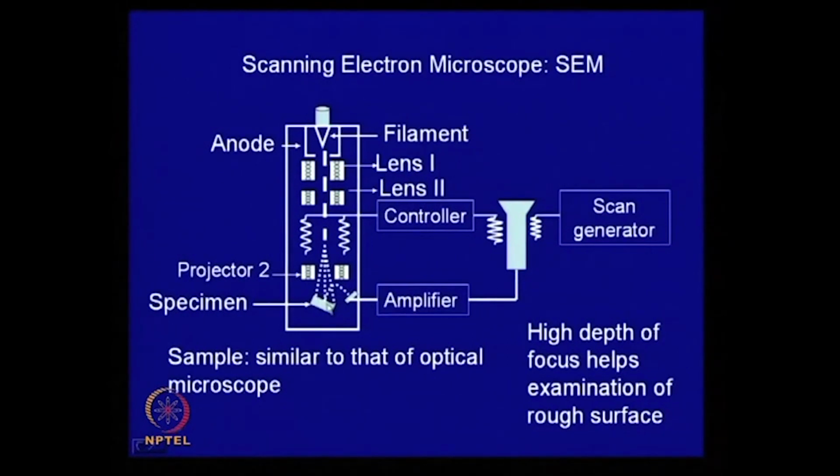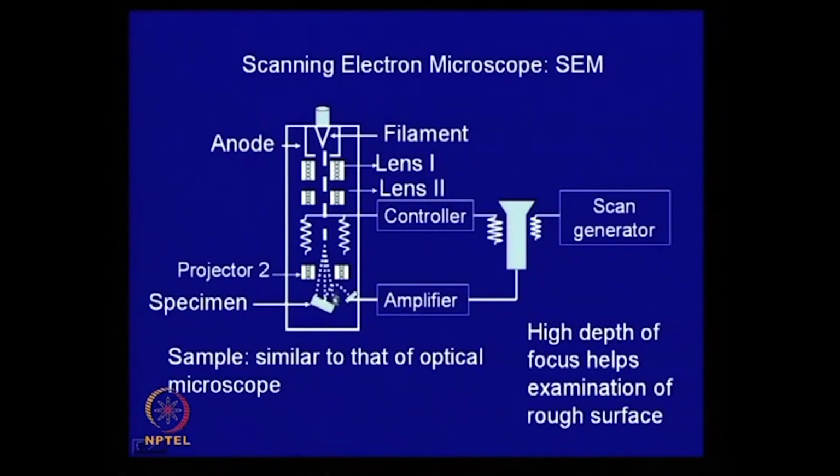You get maximum information if you can collect these secondary electrons in this collector over here, a scintillation counter, and this signal is amplified and fed to the oscilloscope, and it modulates the intensity of that raster, that is the TV screen raster that is generated, and that is how you generate the image of this surface. And usually the sample is slightly tilted,